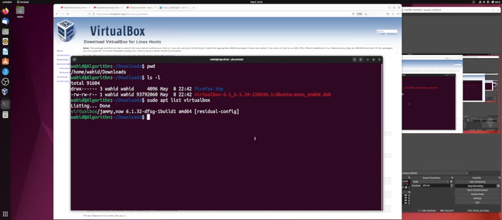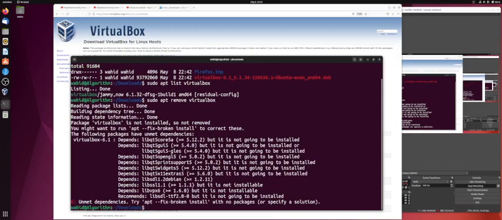Because it's 6.1.34, I may have to just not delete it, but I'm going to try to delete the other one since we're upgrading it. Sometimes if that previous version was already there, on top of it you can upgrade, like on Windows you can do that, and this one should do that as well. And then sudo, I'm going to do apt remove VirtualBox